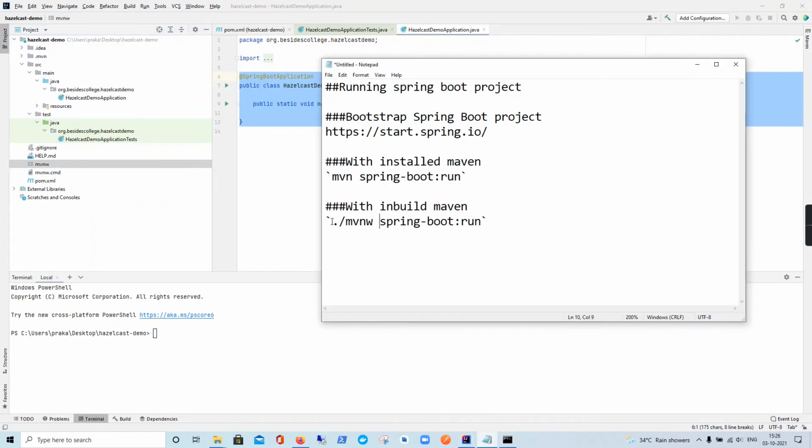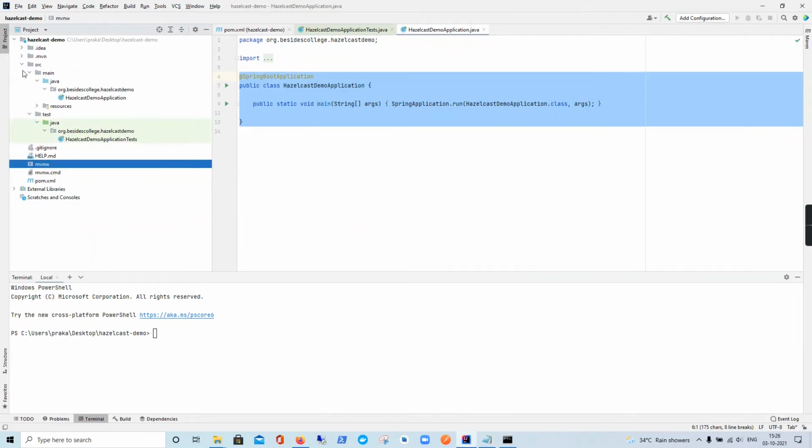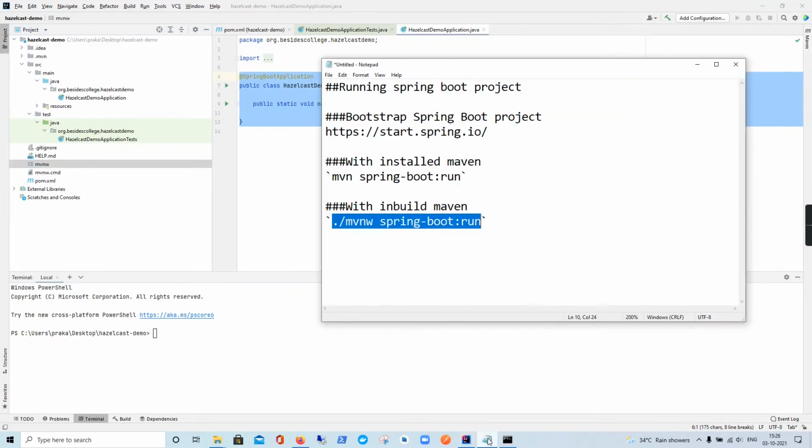So these are the files provided by the Spring project. You can just go ahead and use that, and it comes built in with the Maven module. So you can see here there are a couple of things related to Maven, and you don't have to really install them. So we'll go ahead with the assumption that you do not have Maven installed and you're just using the built-in Maven of this particular project.